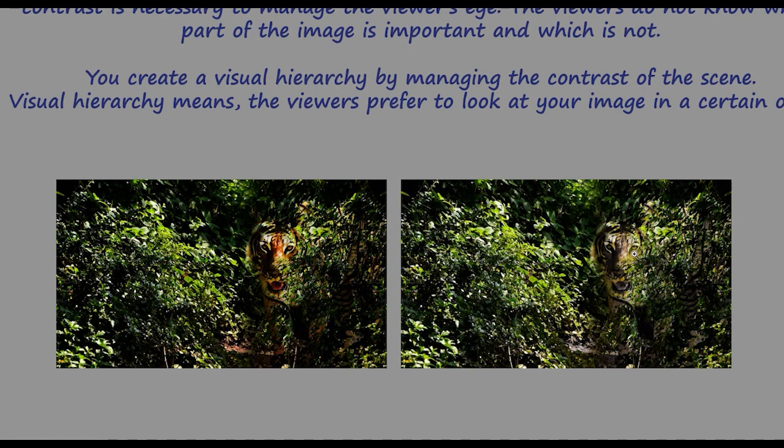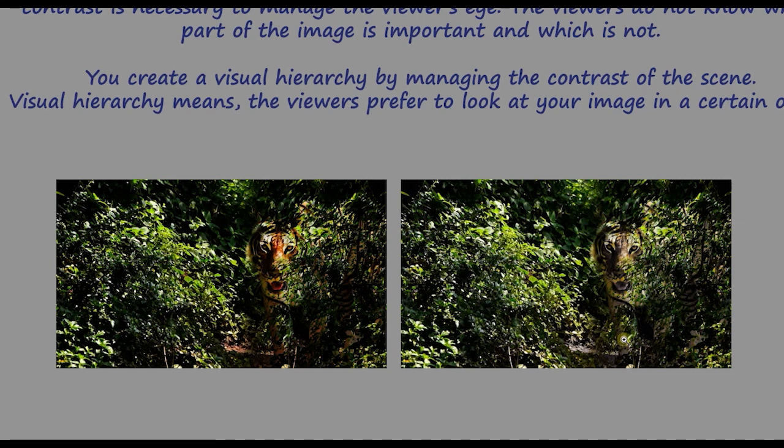But look at this image. The tiger in this image is not so much red. So the contrast between green and the red of the tiger is not very obvious. Probably if you see something like this, you will be dead because you do not have enough time to escape